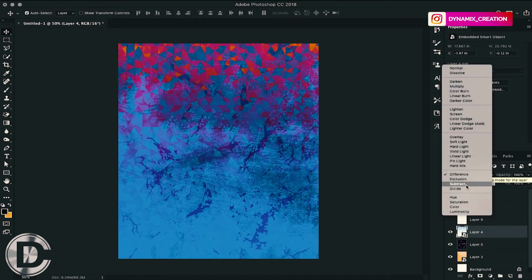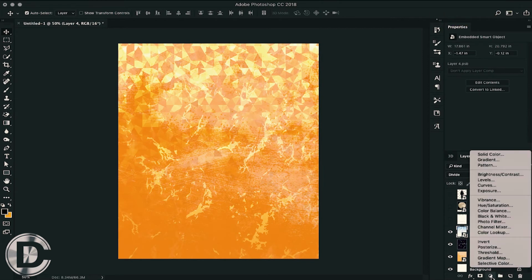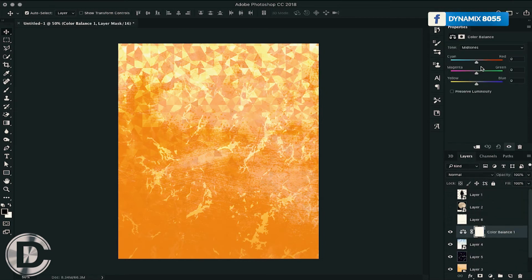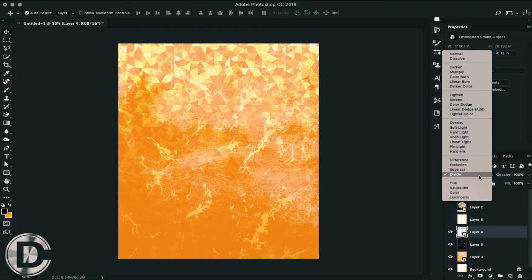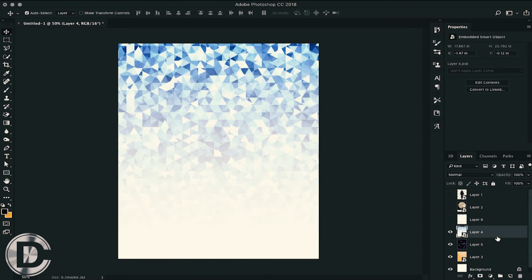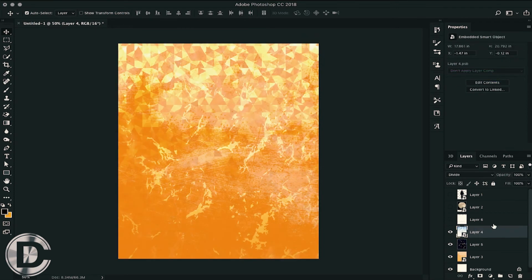By choosing divide, you can see here, if you open a color balance layer, you would notice that if we compare two images, or if we invert an image which is in a blue shade, it will convert it into a red one or a yellow one. So that's why I'm choosing a comparative blending mode, which is divide. Maybe it's too complex for the beginner, but as time increases and you practice it more, your mind will eventually know this. Moving to a black and white layer.